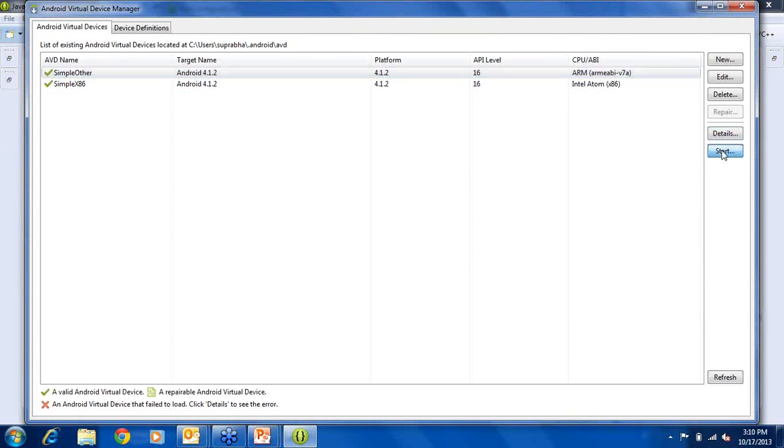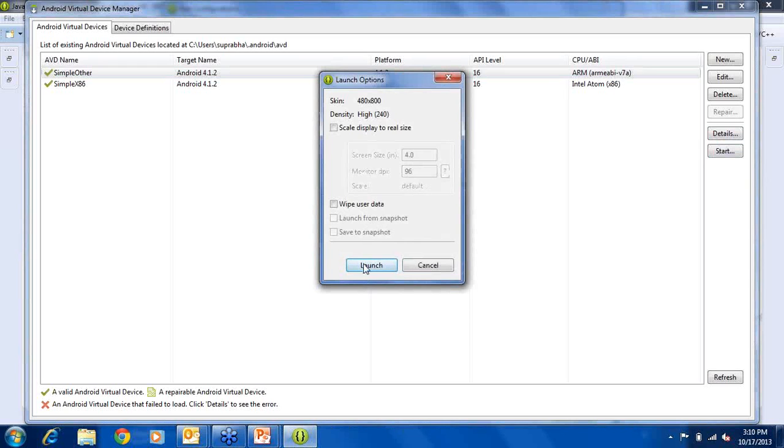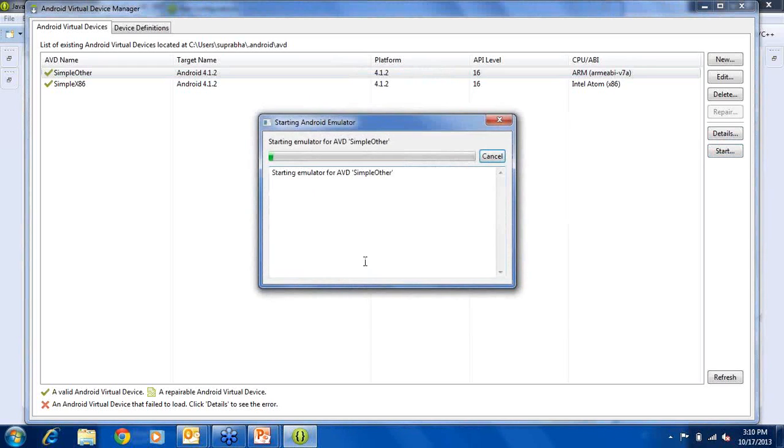So as you can see on the screen, I just opened the Android Virtual Device Manager, and here I have